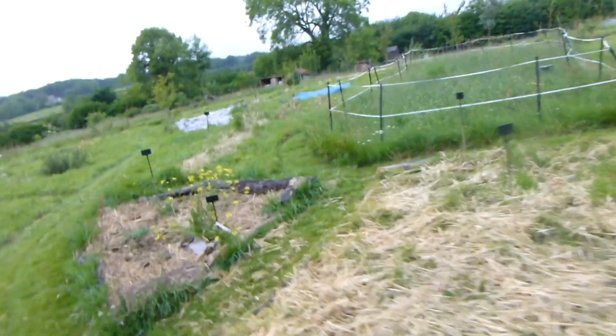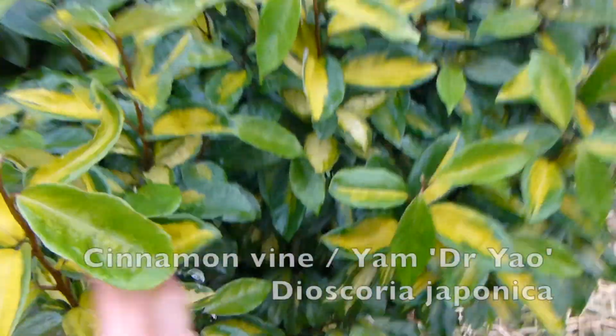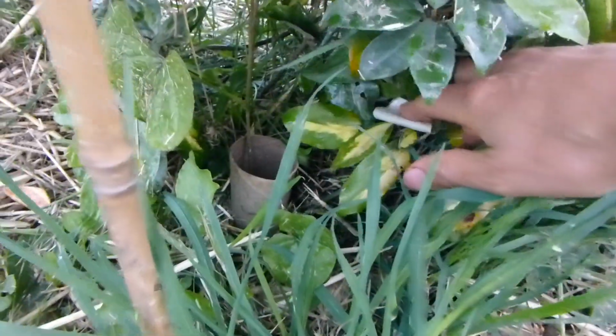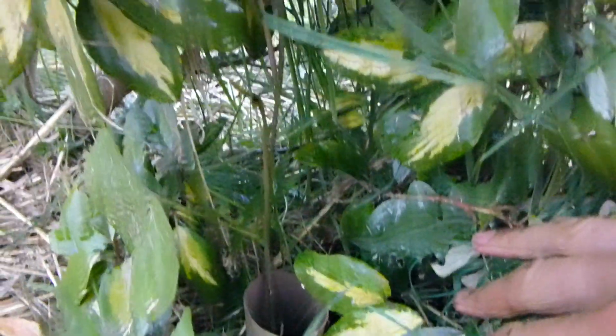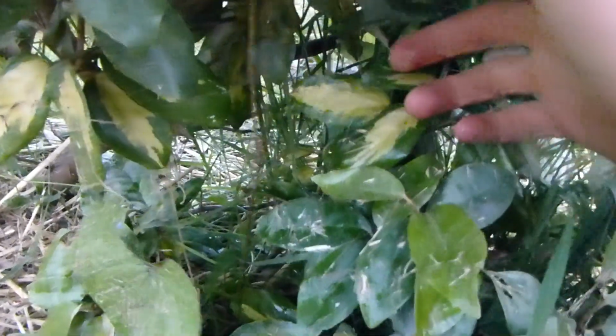Oh, speaking of which, I'm just going to run over here, because I've got cinnamon vine is the name I know it by, and I need to check how it's doing, because I'm growing it up the south side of this Elaeagnus over here. What label does it say? Oh, Dr. Yam. That's another name for it. Where has it gone? Ah, yes, I used a toilet roll to protect it. I planted it as a seed. There. It's supposed to have sort of tubers that grow off it in late summer that you can eat like